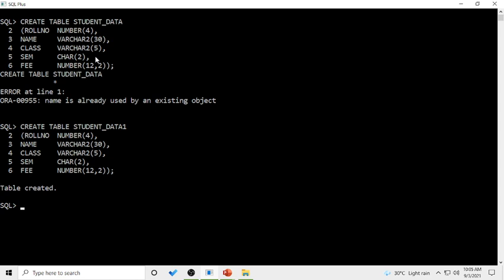Now we would like to see the table details. To do this, write the DESC command with the table name, that is student underscore data 1.